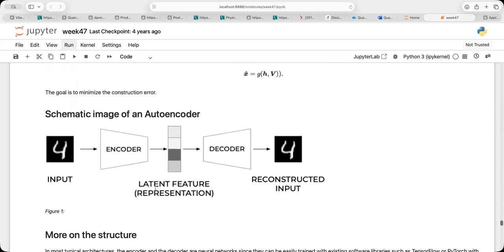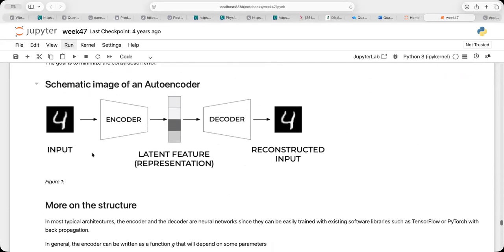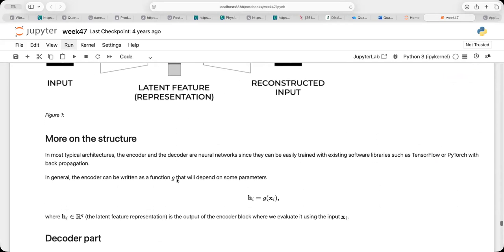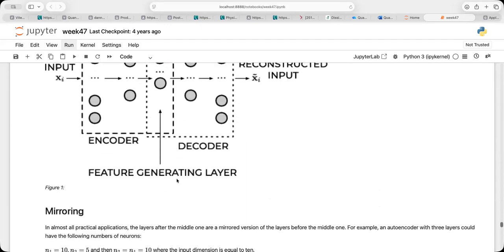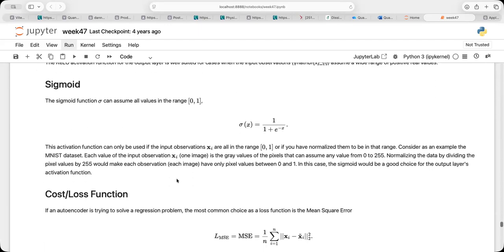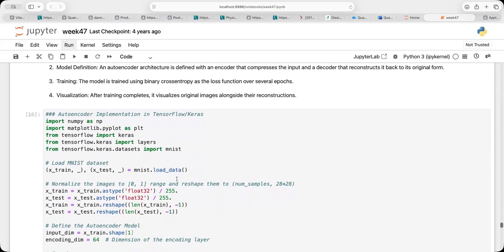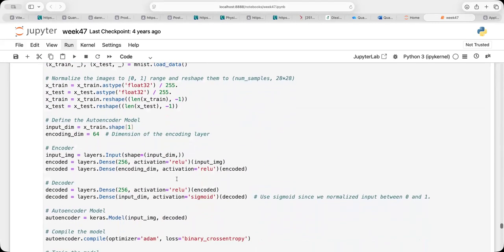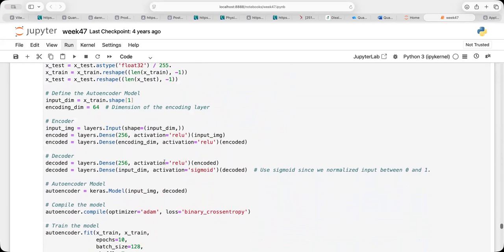So the basic structure which you will see is something like this. You have an input, you have the encoder, you have some latent feature which effectively finds the right degrees of freedom, and then you can reconstruct the input. So the quantity we are interested in is actually to find this latent space. Below here, you will find some simple examples on how to do that with an autoencoder. And when you use TensorFlow, this is actually pretty easy to set up. So you have an encoder part and a decoder part, but we will discuss this in more detail next week.